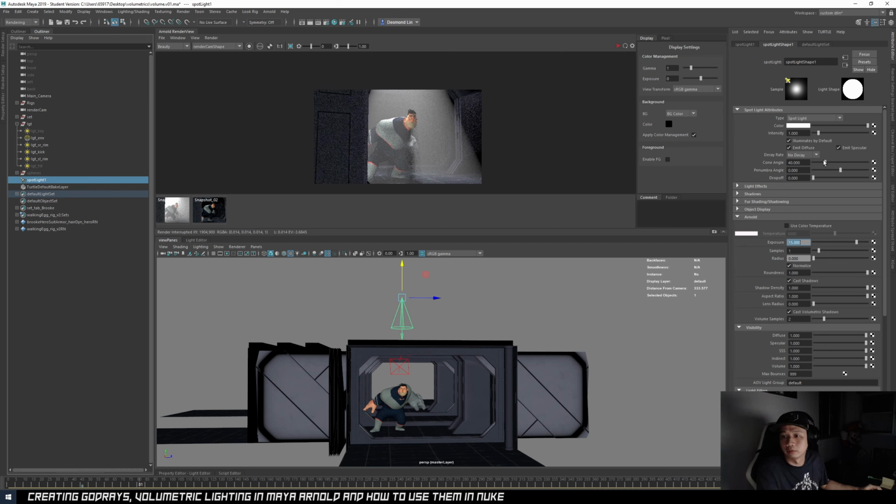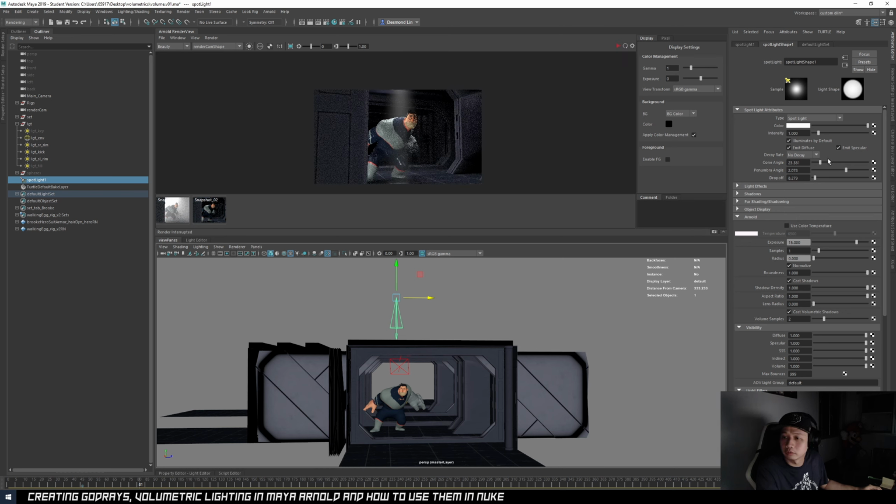So what we will do is adjust the cone angle. Maybe I'll reposition it slightly so it's more to the left. Then I want to increase a bit of falloff, and a bit more. Okay, that's too much.